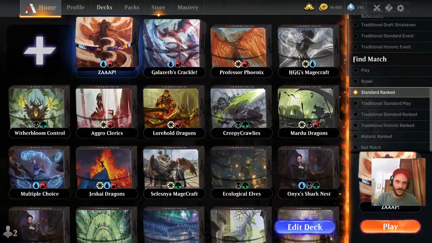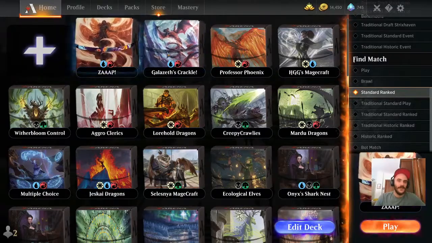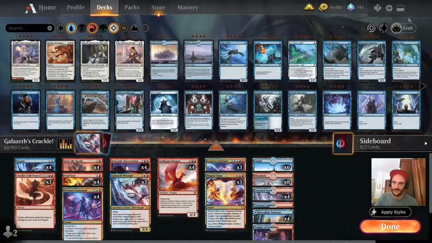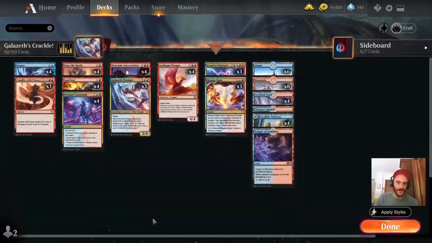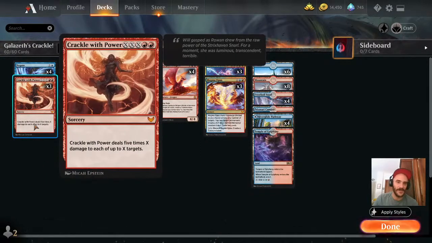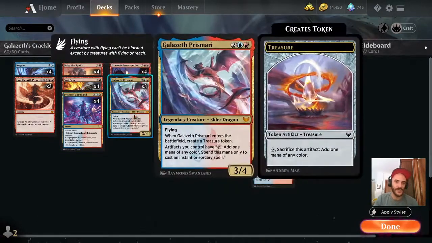Okay, we have time for one more on ladder. Oh, this was the other version I was trying. Should we give this one a whirl? Very similar vibe, except there's no doubling. We just ramp with treasures and Galazeth,